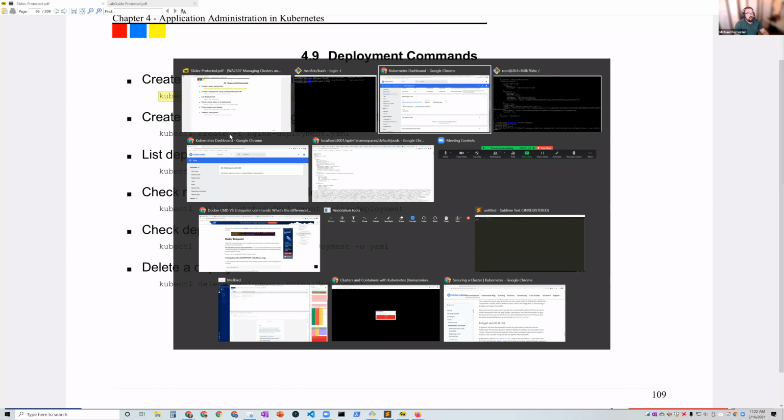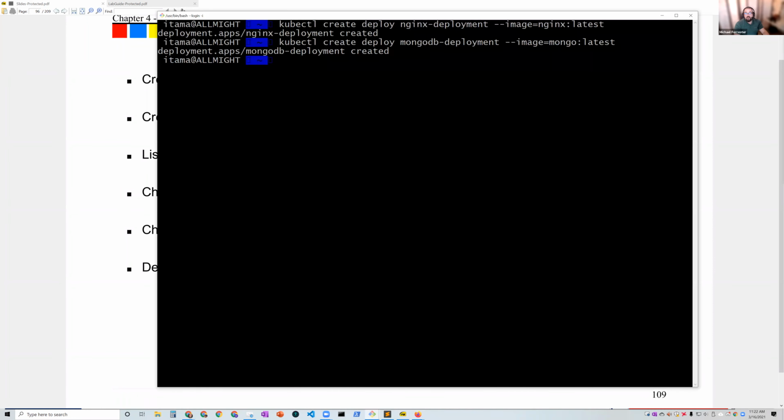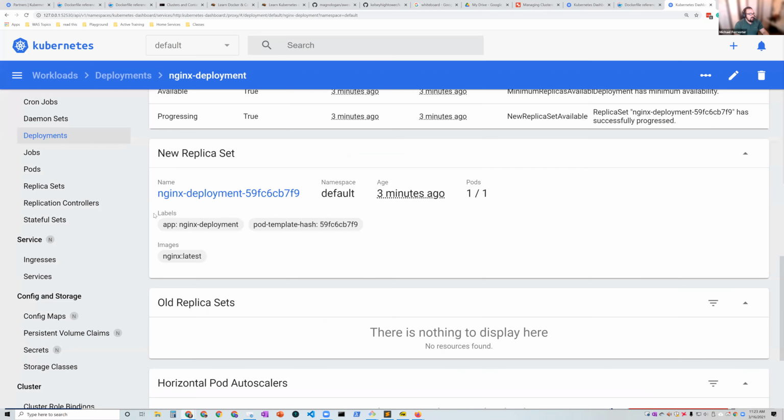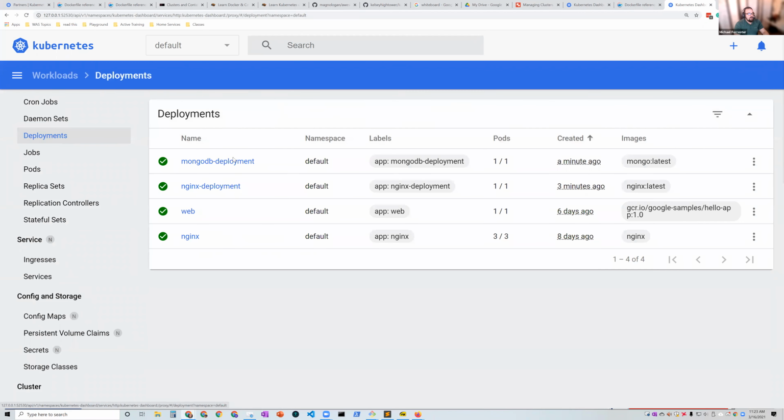But if you're just messing around, this is a great way to create deployments. Just to validate that, if I go back and look at the deployment, yeah, there's the MongoDB. It's up, right? By the way, notice that I knew offhand that it was called Mongo and not MongoDB. You do need to know the exact name of the image. If you put MongoDB in there, it wouldn't work, right? It's just called Mongo out on